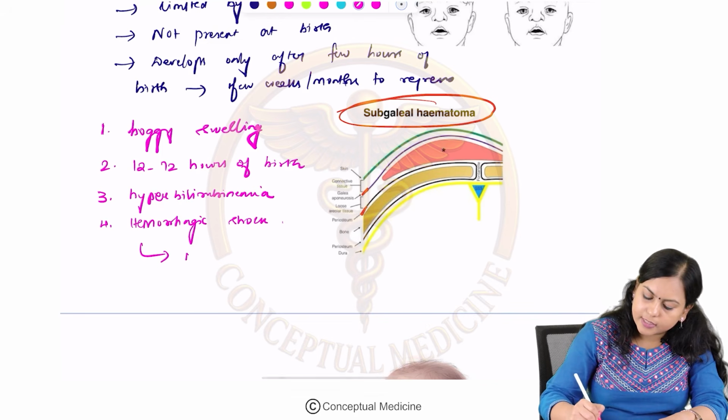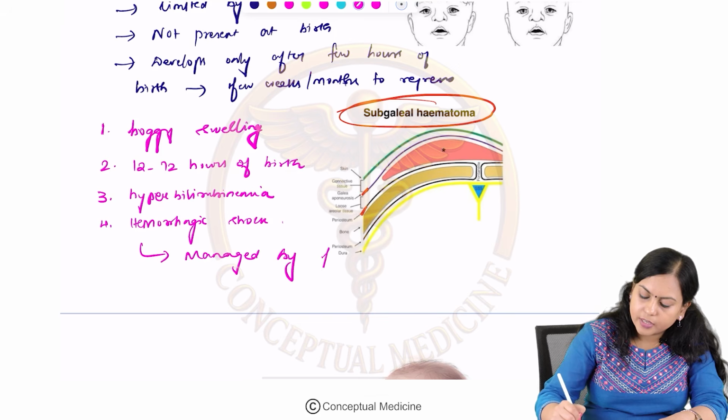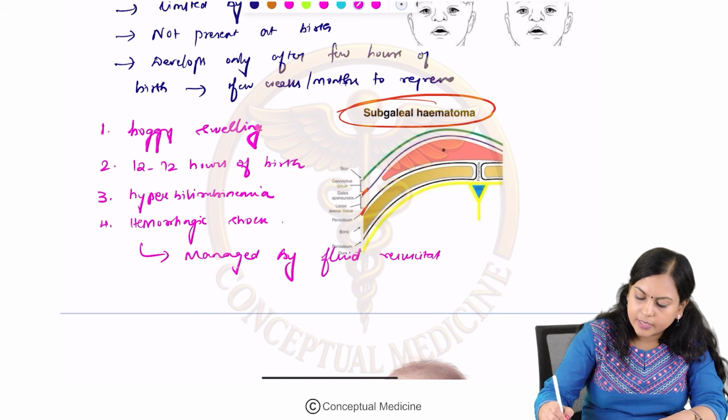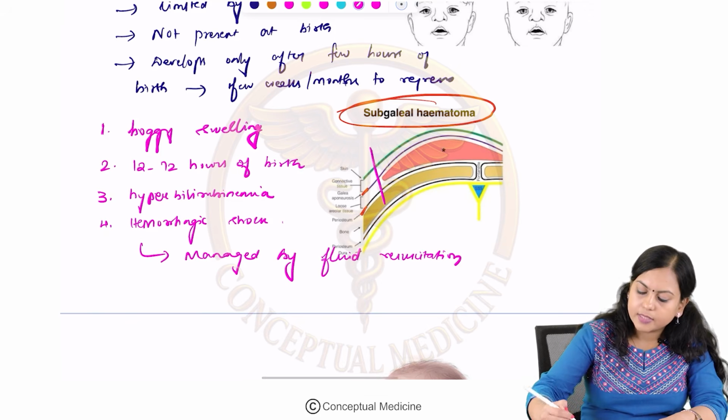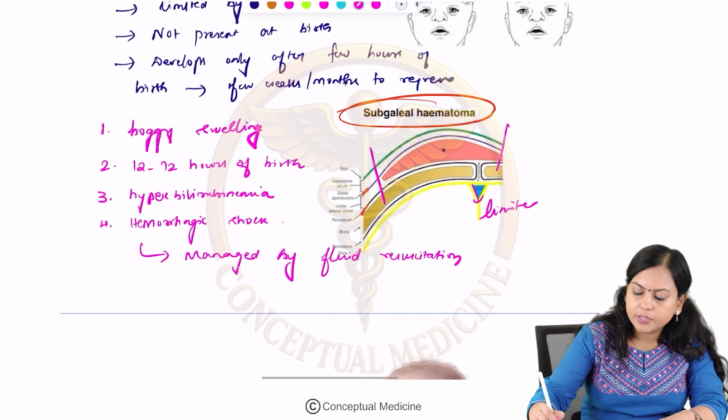So, mostly this is managed by fluid resuscitation, and remember, subgaleal hematoma is also limited by